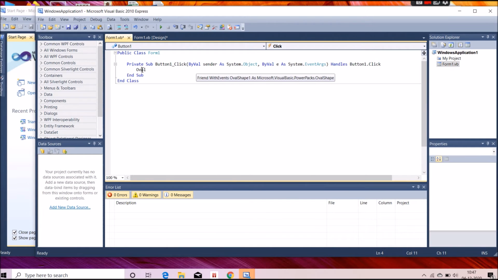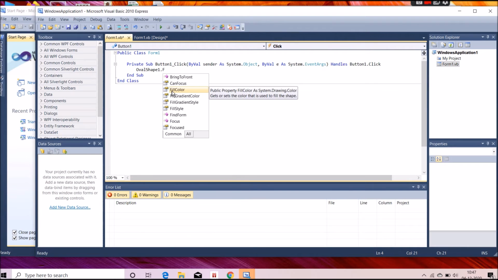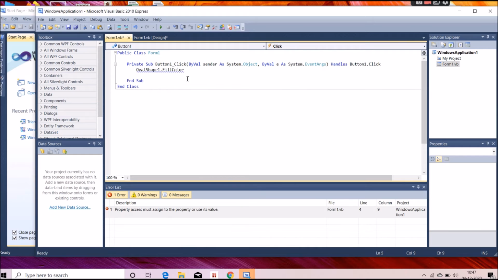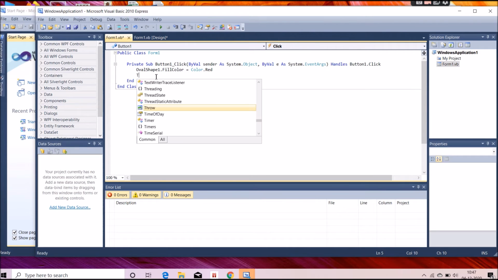I need to take the oval shape, OvalShape1.FillColor equals Color.Red. And in that text box, what you need to write?